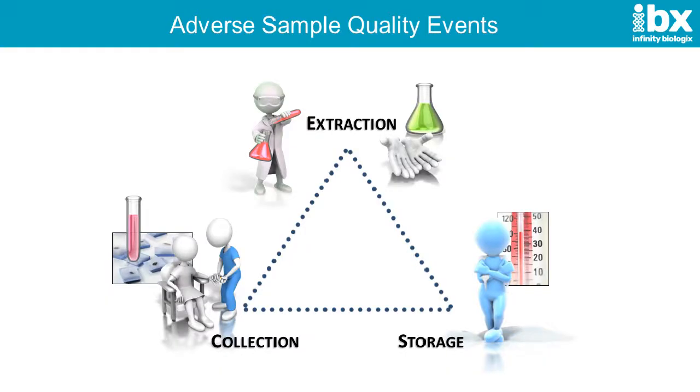So when we think about quality control, we start with the sample, and there are three real areas where you could have adverse sample quality events. The sample could be collected incorrectly, the sample could be extracted or pre-processed incorrectly, or the sample could be stored incorrectly. Or usually it's not incorrectly, but it's a variation of these different activities that leads to variability that could